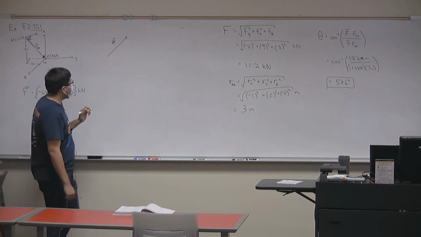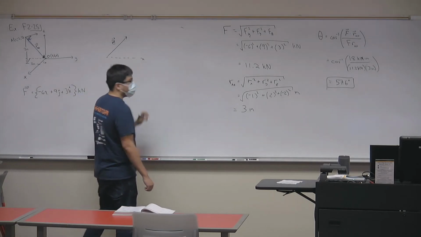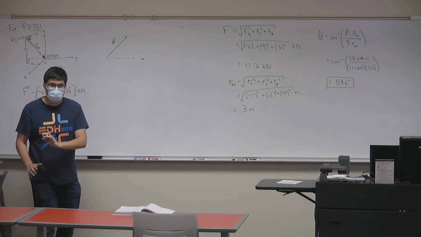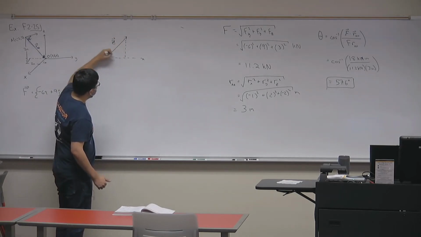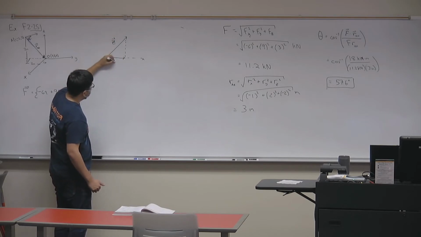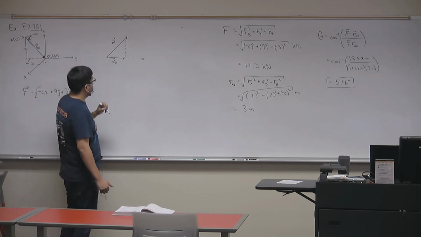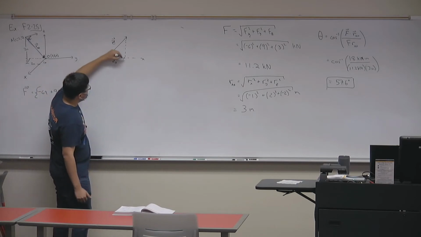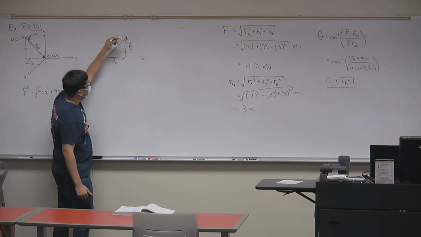When I say that I want to find the projection of my vector z across the x-axis, essentially what I'm asking you to do is give me the horizontal component of this right triangle. Okay, that's all I'm doing. If I'm asking you to find the projection of z on the y-axis, I'm just asking for the vertical component